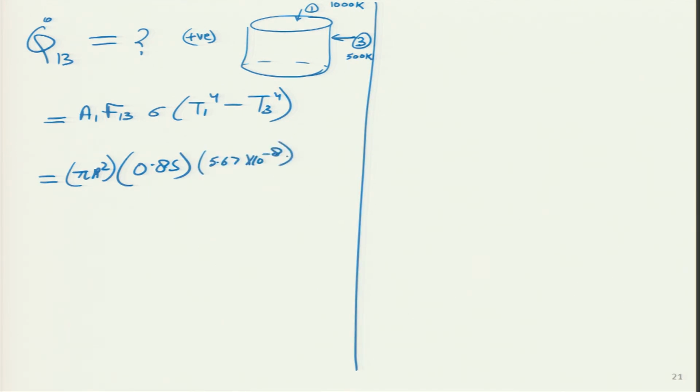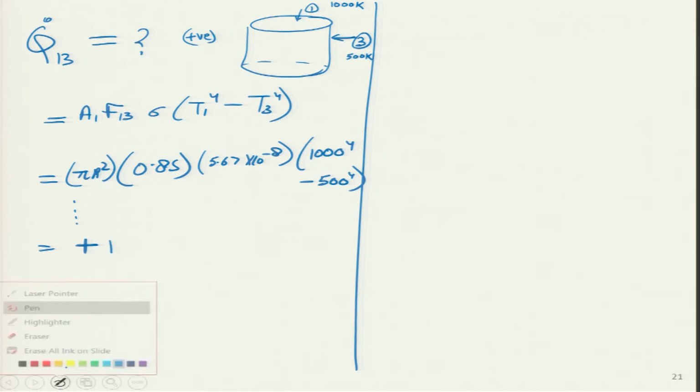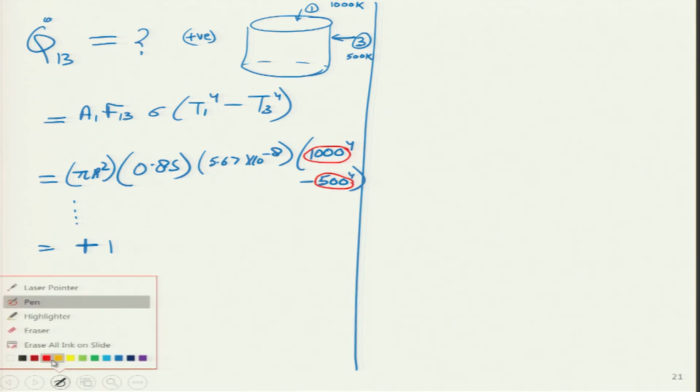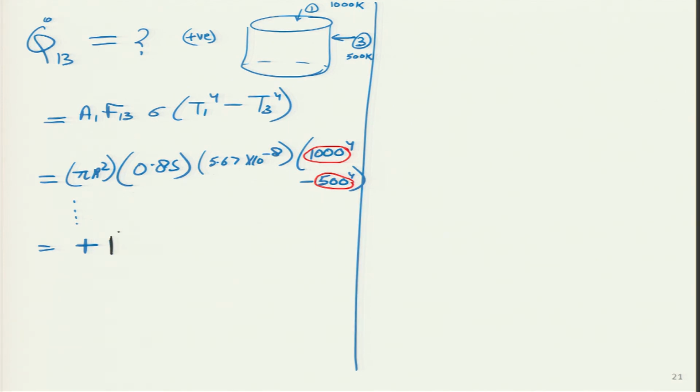5.67 times 10 to the power minus 8, T1 1000 to the power 4 minus 500 to the power 4. So, please take a calculator, solve this whole thing, and I think we will get a very big number over here. And I already know why it is a big number, because these two numbers are very different. It is 1000 to the power 4 minus 500 to the power 4. So, I am subtracting something very small from there. So, I will write this positive number is 141.8 kilowatt. So, this is Q dot 13,